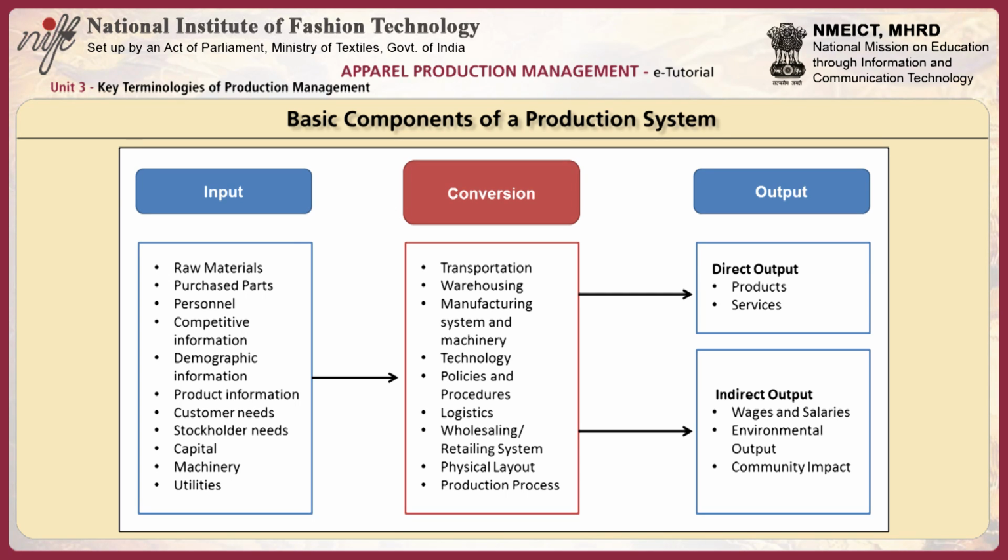Personnel would basically comprise of labor requirements. Competitive information, which refers to what your competitors are doing and what we need to do and what we need to strategize. Demographic information, to understand what the customer needs. Product information, which refers to how a product needs to be produced or what kind of product that needs to be done. Customer needs,